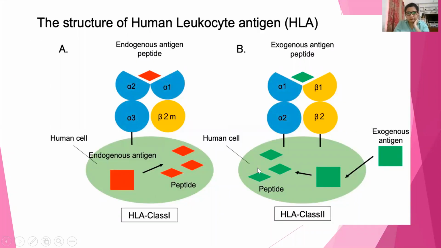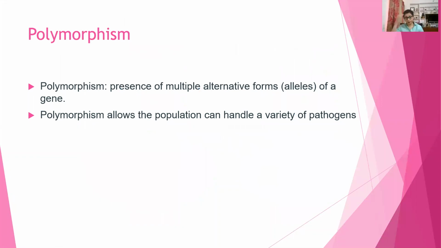Okay. So now coming on to polymorphism. So what is polymorphism? Polymorphism is the presence of multiple alternative forms or alleles of a gene. And this is the polymorphism which allows the population to handle a variety of pathogens. So if we talk about the human HLA, we have 2 chromosomes. Each chromosome codes for at least 6 proteins: HLA A, B, C, DR, DQ, DP. So 6 here and 6 there makes 12 proteins per human being, and multiple alternative forms of them, alleles. So if we look at a population, there is a huge variety of HLA,